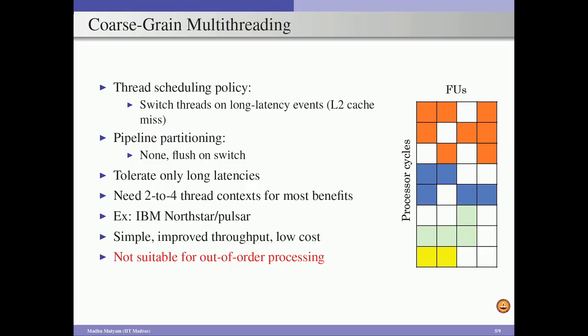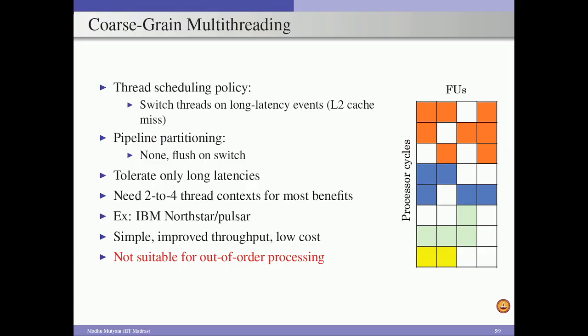As the name suggests, coarse grain. We always execute instructions from a single thread continuously, and this will continue till a point where any instruction from this thread incurs a long latency event, such as an L2 cache miss or L3 cache miss. Whenever this happens, in order to service this long latency event we incur a significant number of processor cycles, and rather than wasting the processor cycles for such a significant amount of time, we can issue instructions from a different thread.